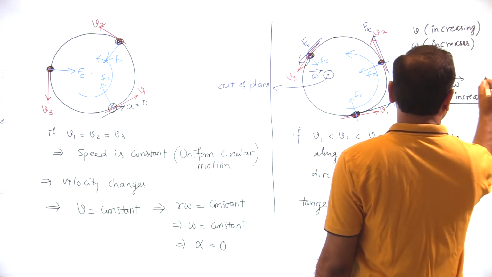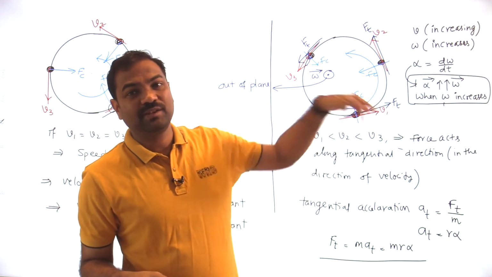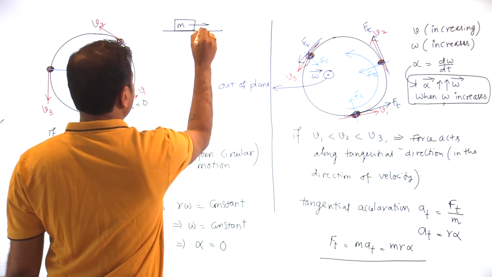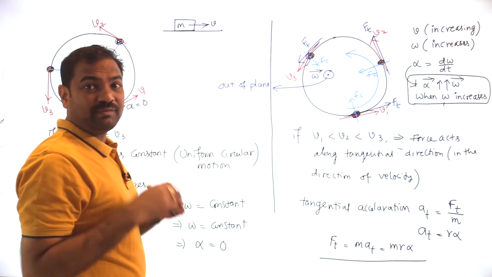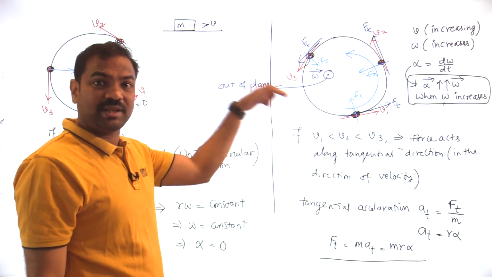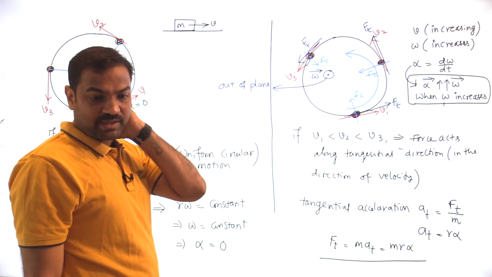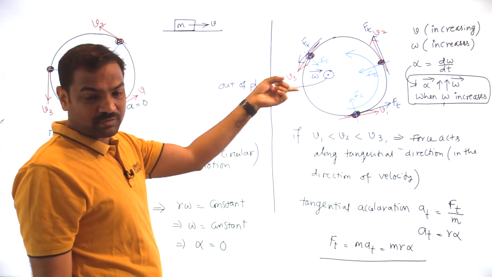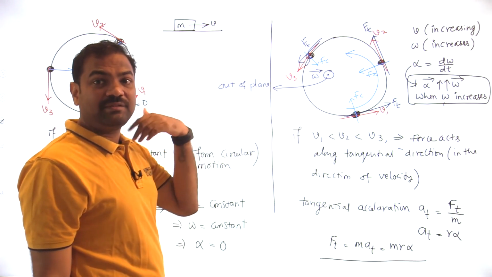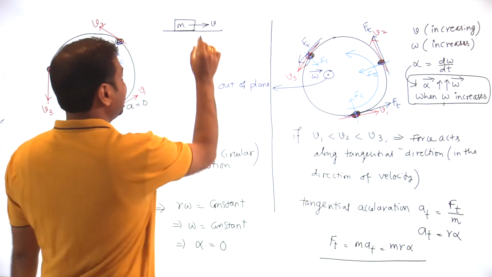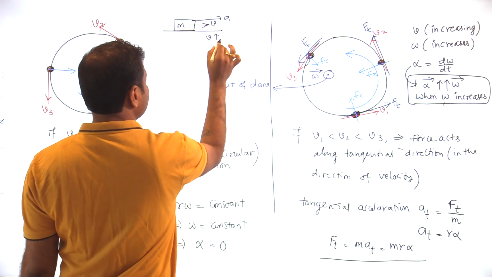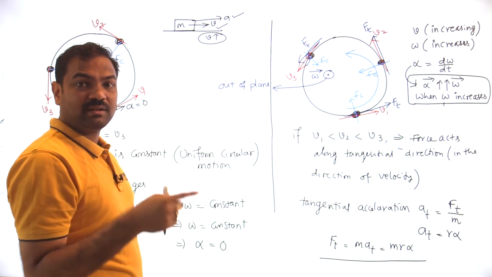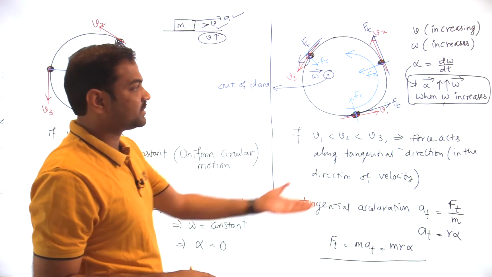Now think of the same thing from linear motion. Suppose a block has velocity v forward. When will its speed increase? If the acceleration is in the same direction, the speed increases. Speed increasing means velocity and acceleration are both in the same direction. If speed is decreasing, velocity and acceleration are in opposite directions. So the same thing I wrote.